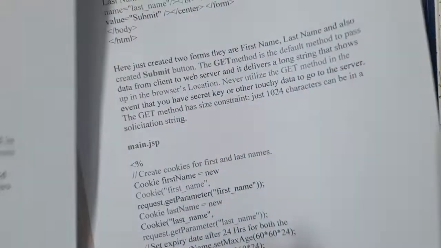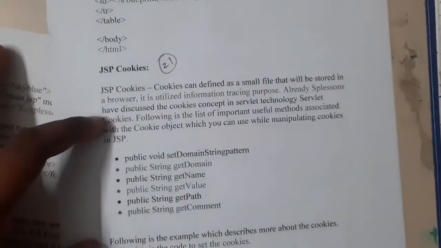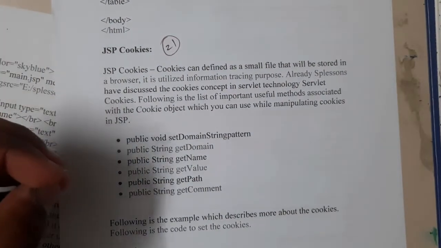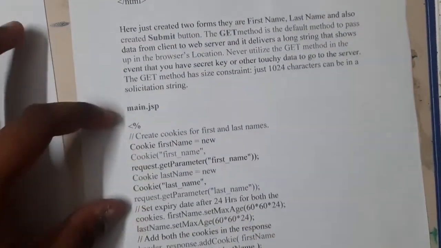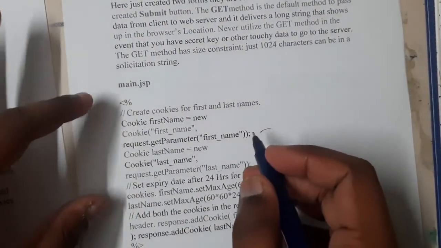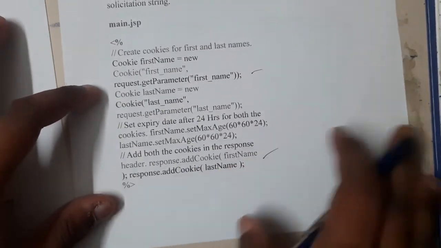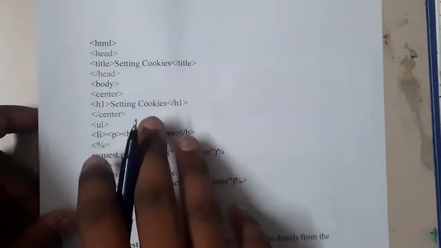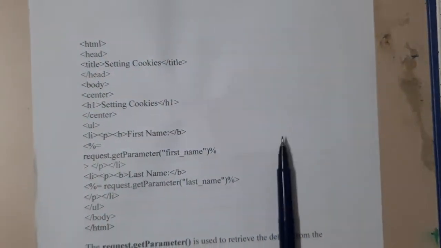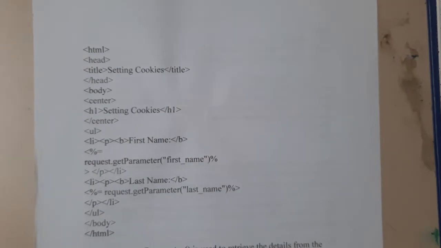Let us continue with cookies. We already discussed cookies. These are small pieces of data which store some kind of valuable information. If you want the code for it, initially you will be creating cookies, and you will be setting the parameters and getting the parameters from it, guys. At the end you can print it whenever you want. In that way it will be working. I have just explained a brief introduction, guys, because these things we have already discussed in servlets. So you can just watch that lecture, so that it will be clear for you.